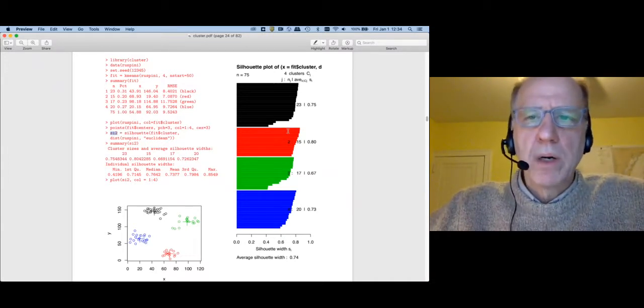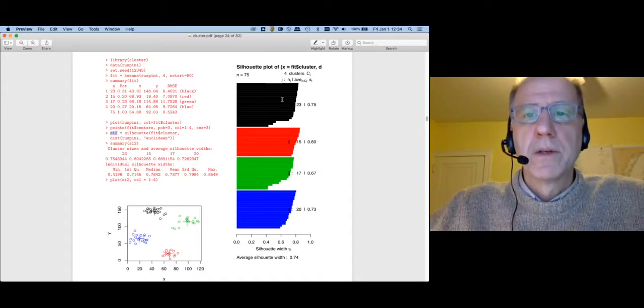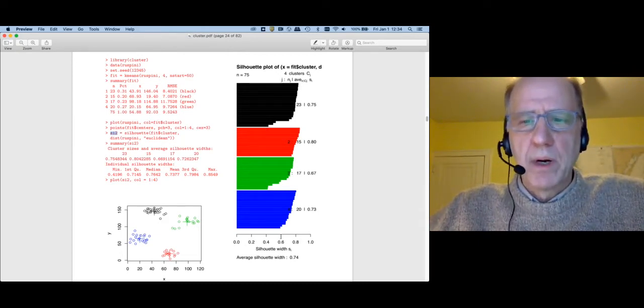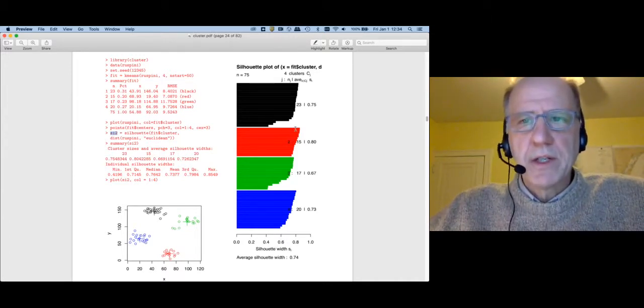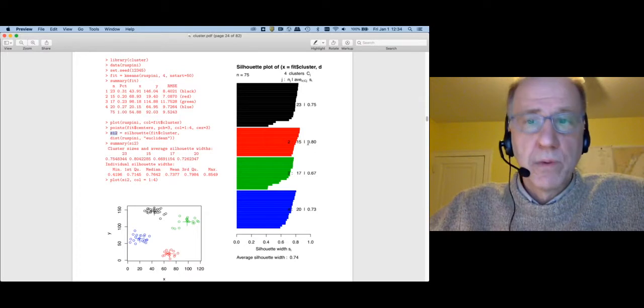Each one of these bars is one of those observations. So there are going to be 15 bars shown here for the red cluster. There are 23 bars for the black cluster. The length of the bar is the silhouette statistic. So what we see is that all of the red observations have pretty high silhouette statistics. The average silhouette statistic for the red cluster is 0.8, whereas the green